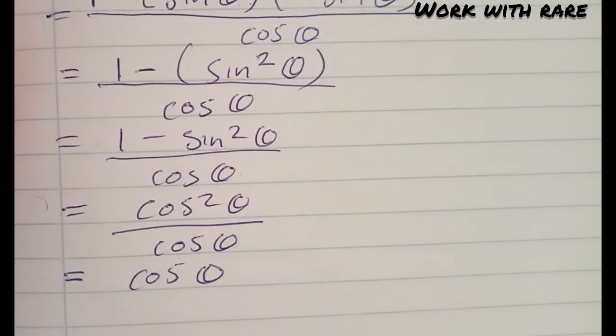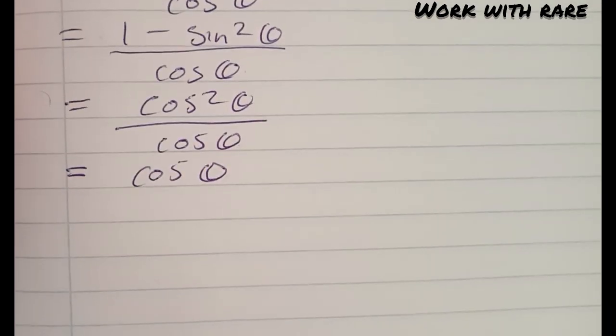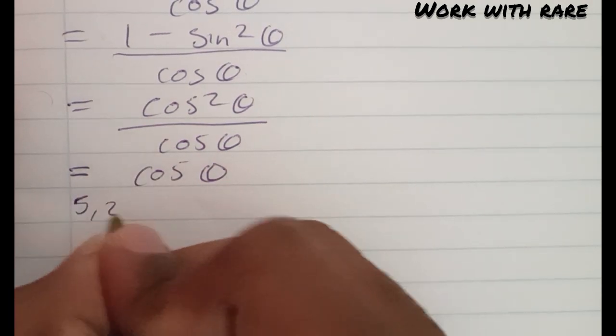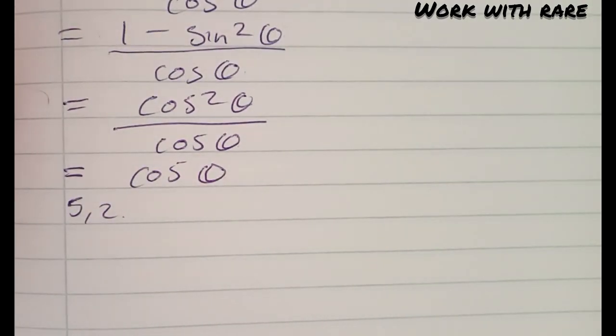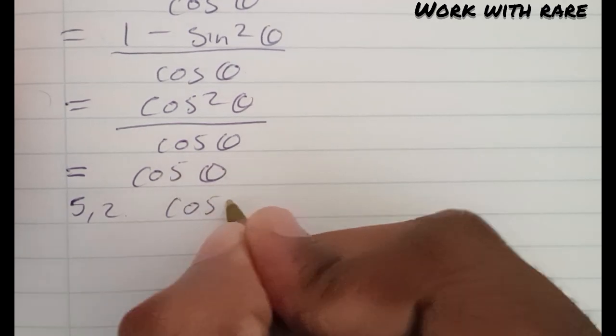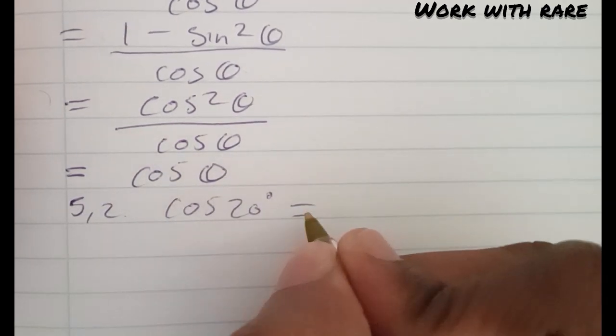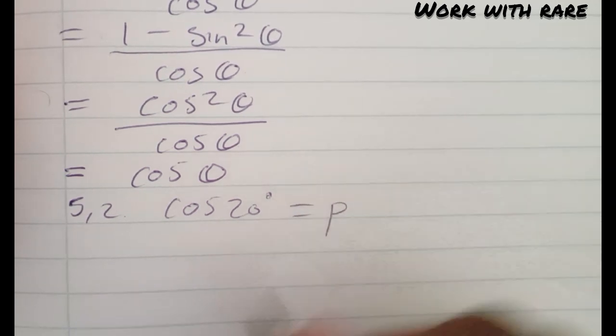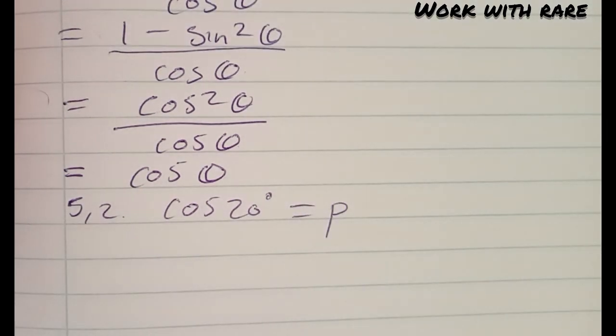So 5.2 says, okay, we are given cos 20 degrees is equal to P. You did this question back there, I think starting from grade 10 if I'm not wrong, but remember for grade 12 there are some new things, so you should be aware. So we are given that,